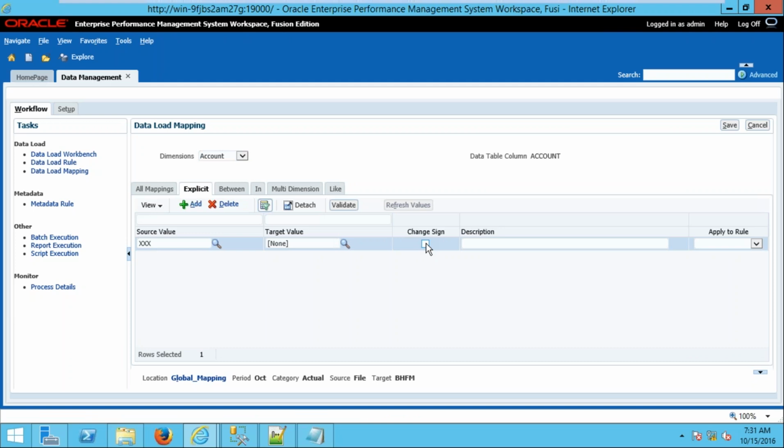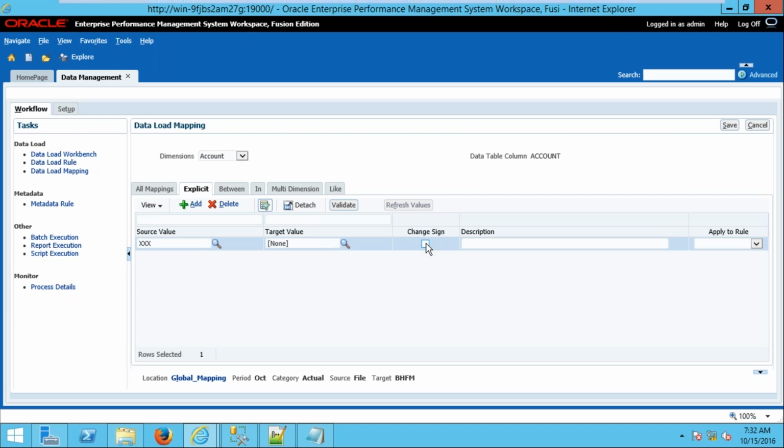Change Sign is nothing but, whenever you are loading data from your source, if it has a positive value or debit value or credit value, credit values obviously come with negative values from your source. If it is coming as negative in your source, but you need to load it into the HFM application as positive values only, because there you will be showing the expense value instead of the negative value. You will have the positive only, because the value itself is defined as the expense account type in HFM,